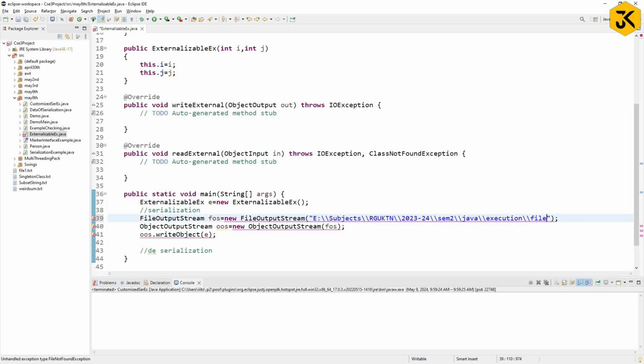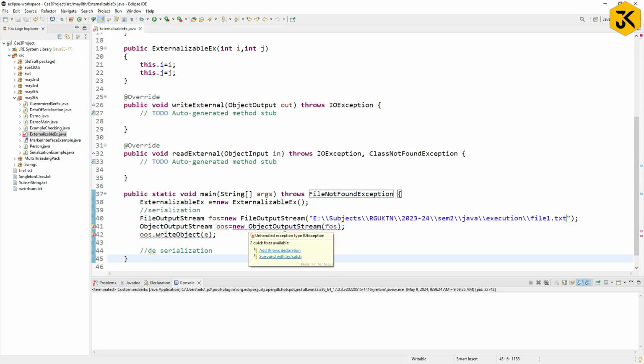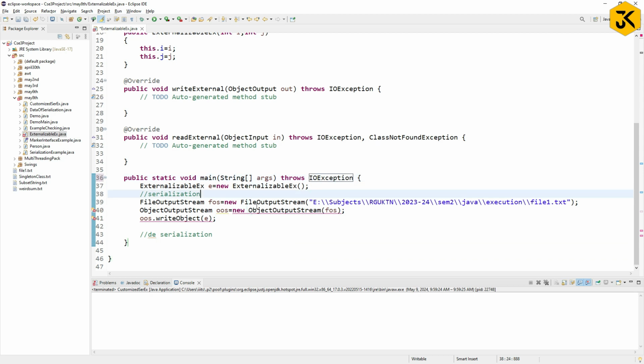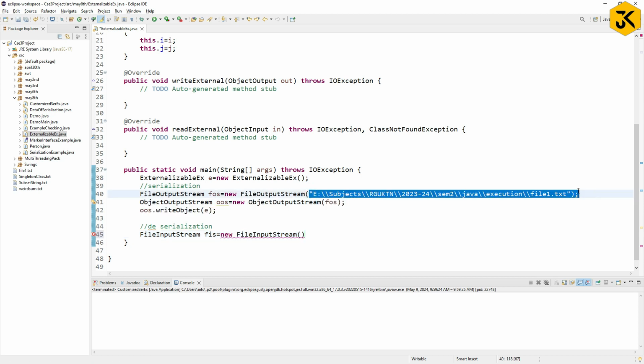Right? So here you have to give the path where you are trying to save the file, slash file1.txt. While writing, it is going to be a checked exception you have to handle, so add a throws declaration for IOException. Done. Similarly, I need to go with the deserialization. While performing deserialization, FileInputStream FIS equal to new FileInputStream, from which location you want to read the data,